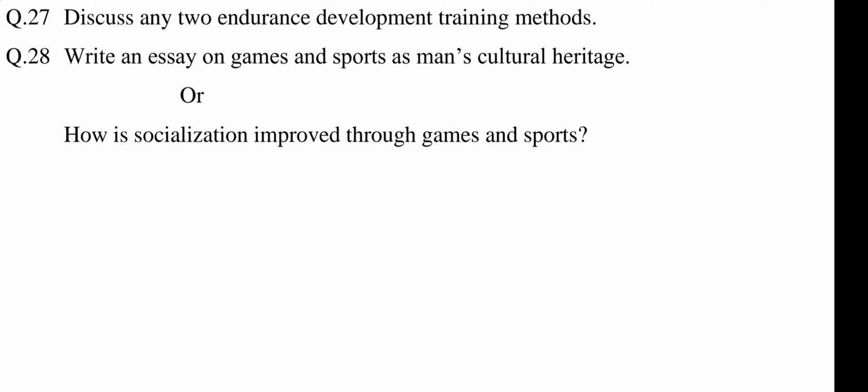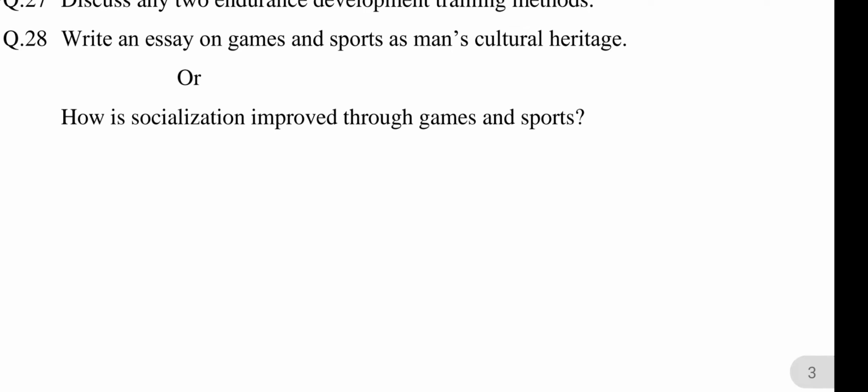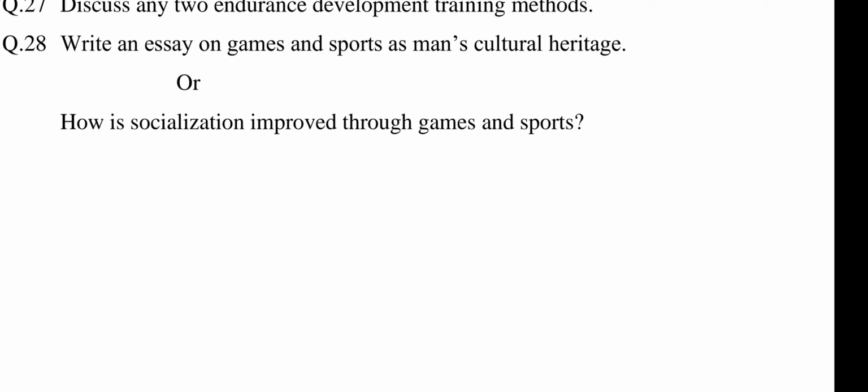3, variable continuous training method. Explain all these 3 points in 3 to 4 lines. Then write its purpose and advantages, then disadvantages. Next, write down the introduction of the interval training method. First of all, types. Number 1, slow or extensive interval training method. 2, fast or intensive interval training method. Explain these two types in 4 to 5 lines. Then write its advantages and